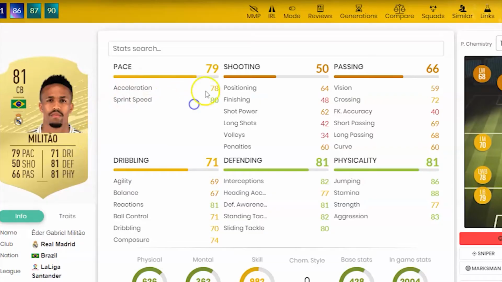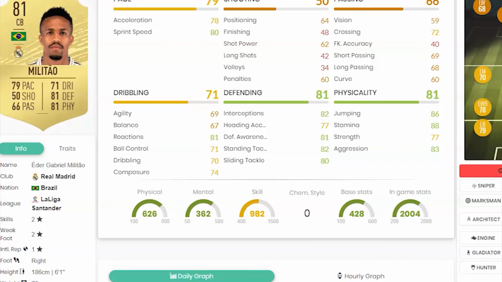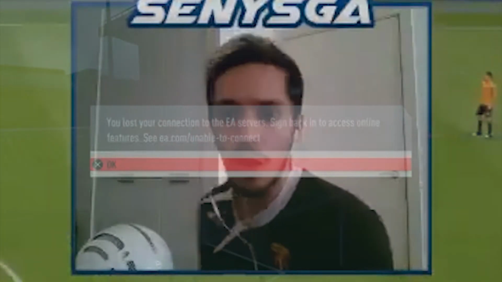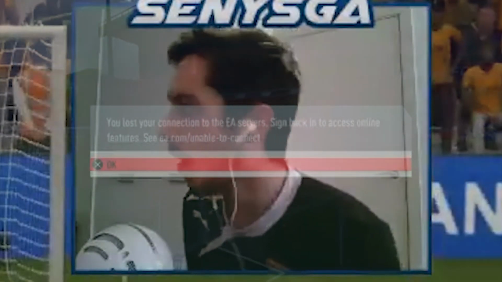So yeah, if you want to see this in more detail, head over to FUTBIN and check what chemistry style does to each player, but it just makes the game crazy unbalanced, and that's not what we want. Next point is servers. Swiftly moving on to